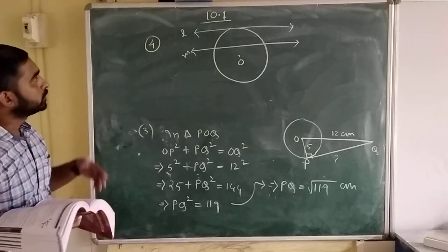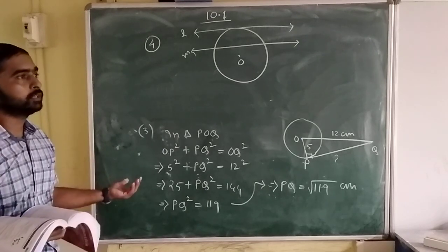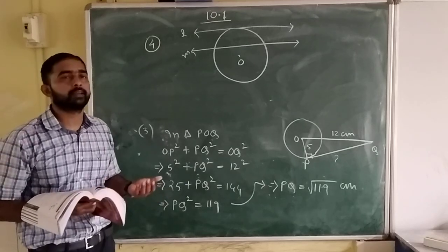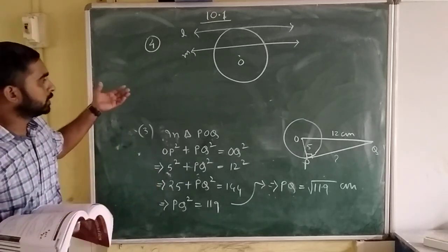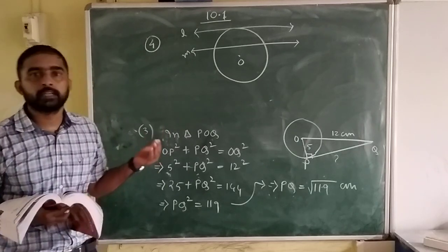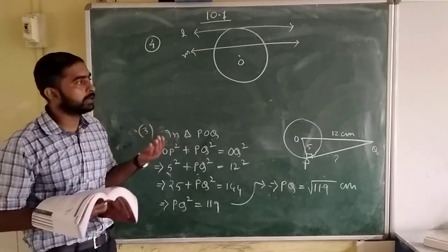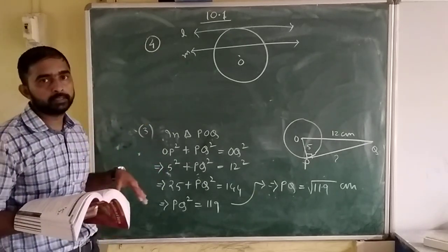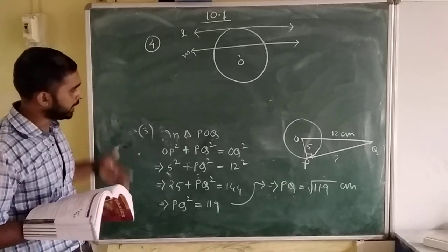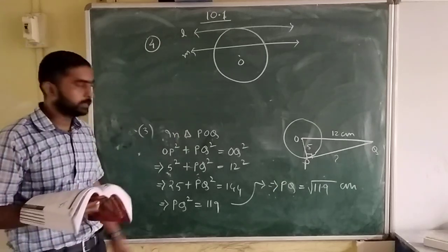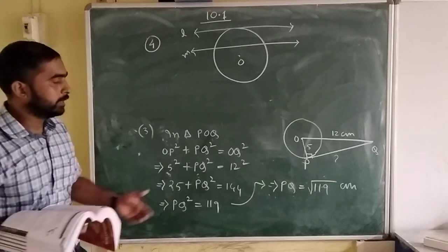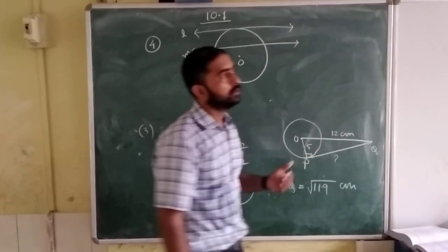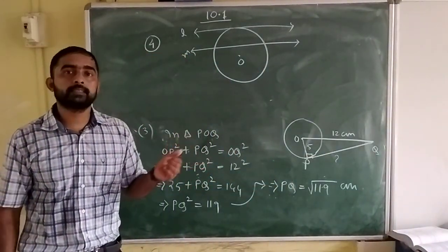So in this class we discussed what is a circle, what is a secant, what is a tangent, what is the point of contact. Then we discussed the theorem that the lengths of tangents drawn from an external point to a circle are equal in length, and the proof also. Then we discussed a few questions. Some are based on understanding and knowledge, and one is an application: the use of the Pythagoras theorem to find the length of a tangent. In the next class we will discuss exercise 10.1.